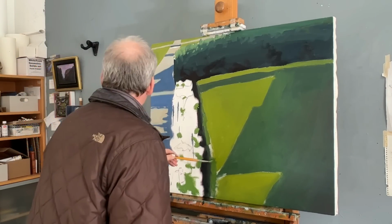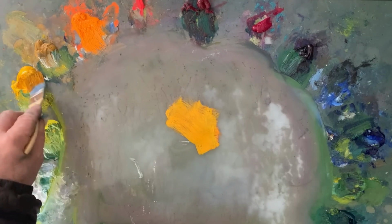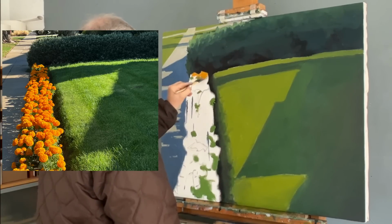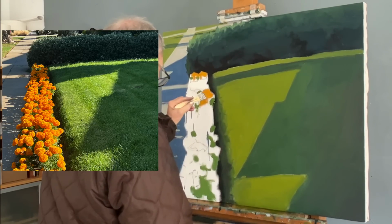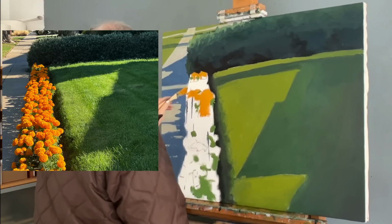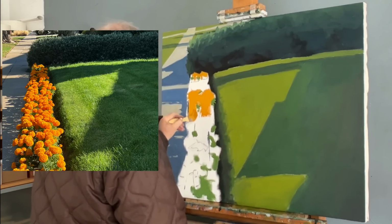There I'm getting a transition color that moves across from sunlit to dark, and now I'm mixing the color for the marigolds themselves. And as I say, I don't have them as orange as they are in reality. I wanted kind of a yellow orange to play against the green, as opposed to pretty much pure orange. So I'm just blocking in, again, still pretty big brush, 1.5 inches probably, just blocking in the big sunlit shapes,